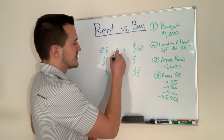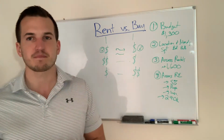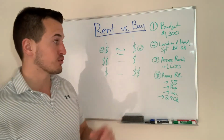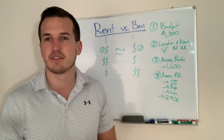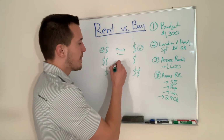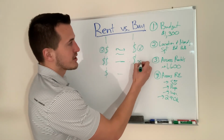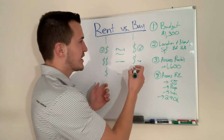So moving on to the second piece, it's more expensive to rent than buy. In this scenario, right, your rent could be $1,800, but your mortgages are $1,400 to $1,500. You live in a very affordable area to buy. So this means that you're realistically going to want to buy if you can in that situation, because number one,